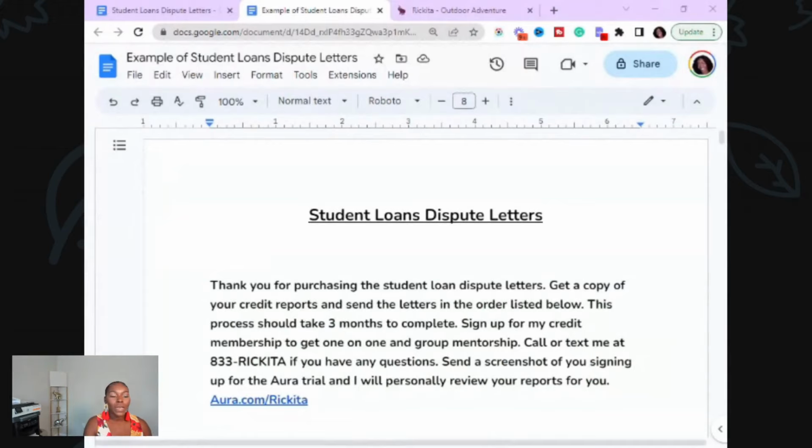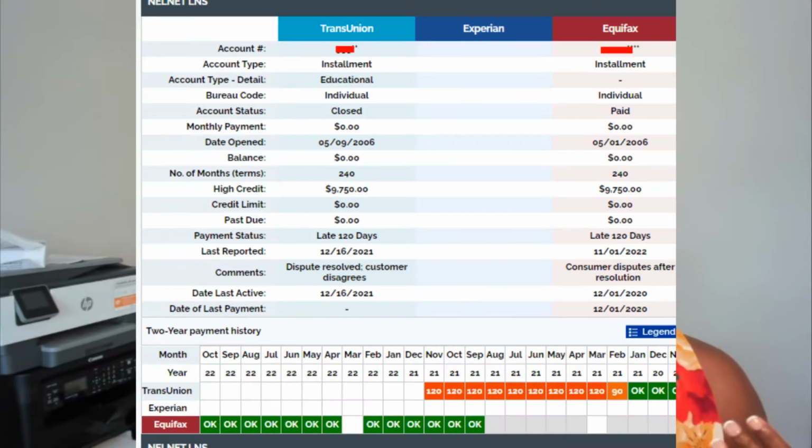Now, let's not waste any time. Let's get right into it, because I don't want this video to take forever. So when it comes to student loans, we have to send letters to the credit bureaus to remove these student loans from your credit reports. Now, I do have an example of a student loan here, so you guys can see what it will look like,